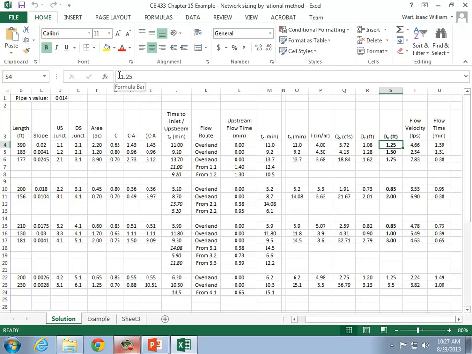I think you'll understand that more when we get beyond the rational method and start accounting for the temporal distribution of rainfall, acknowledging the fact that rainfall does vary over time. But I think for now the short answer is you use a different rainfall intensity just because